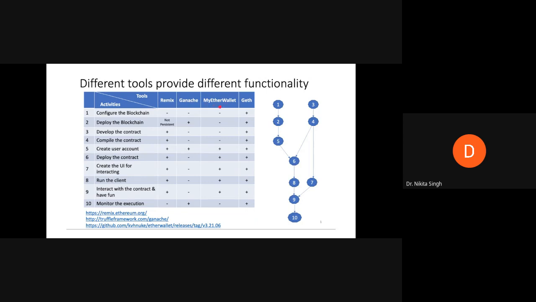And then we will use My Ether wallet. You can use any kind of wallet, but here we'll be using My Ether wallet to interact, that is to create an account, and this will be your client application which allows you to interact with this Ganache, which will provide you with a framework for creating and deploying smart contracts. So to deploy the tested contract on an external blockchain, we will be using Ganache.